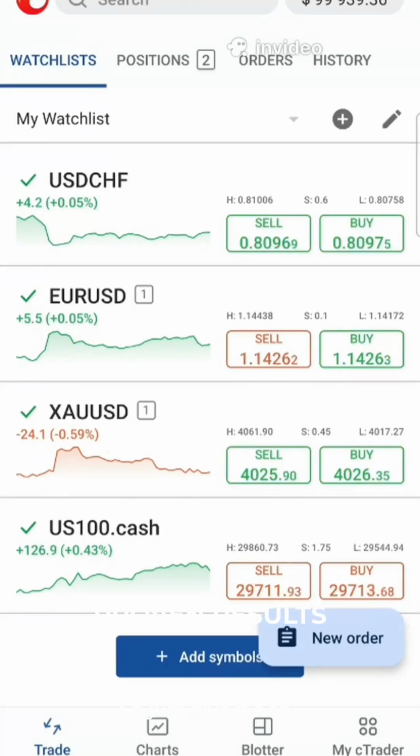So just give it a try. First of all, download the cTrader app. Register, sign up using your Gmail address, then go to the cTrader store, use the link below to find our cBot, and buy it. That's a good investment for you. And then the next thing to do is use the link below to Fusion Markets and register there, because they have a very good platform, reliable data, low